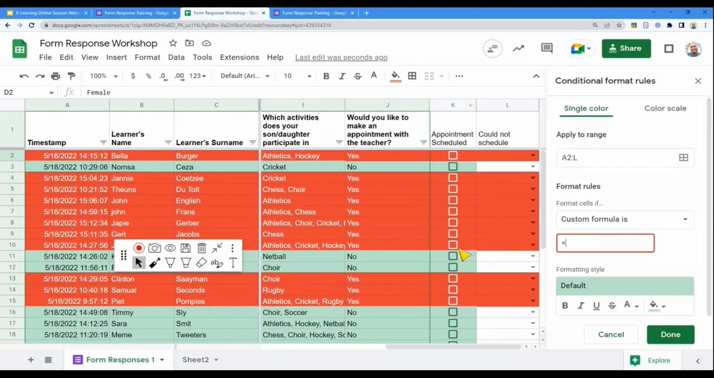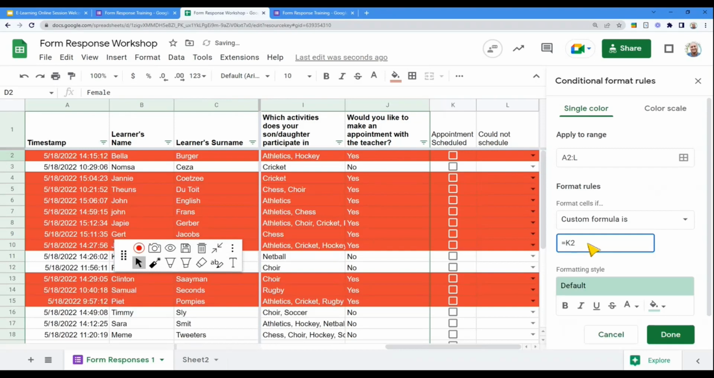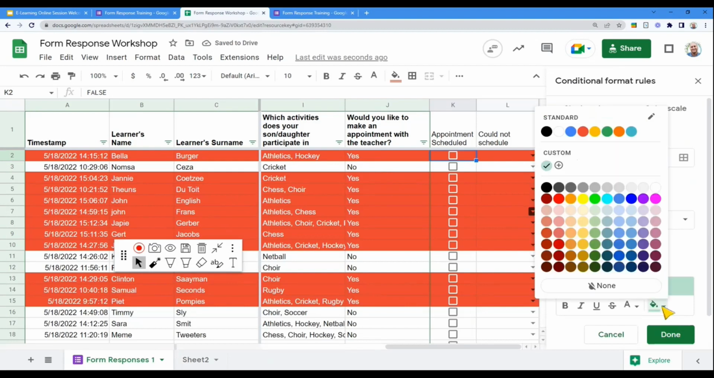We're going to look at this row now at K. So this time we're going to say equals K2. If K2, and these little ticks, if it is empty, it is false. And if it is selected, it is true. That's how it works. So now we can say if K2 equals true,